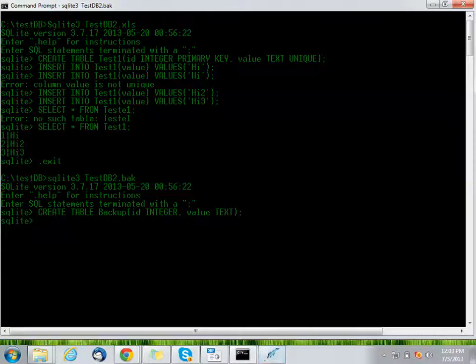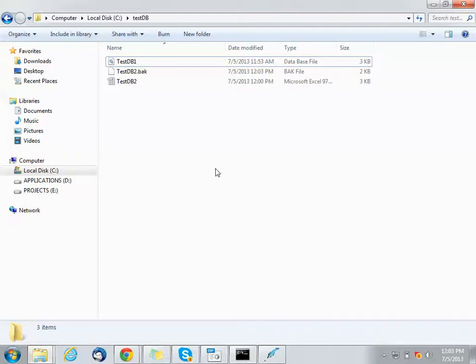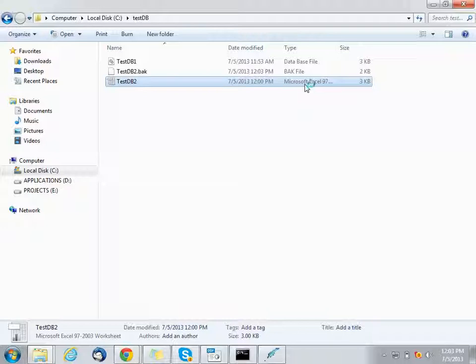Let's try to connect it using the GUI. Oh, it appears as an XLS file. I'll try to open it and show you. I hope the system does not hang.